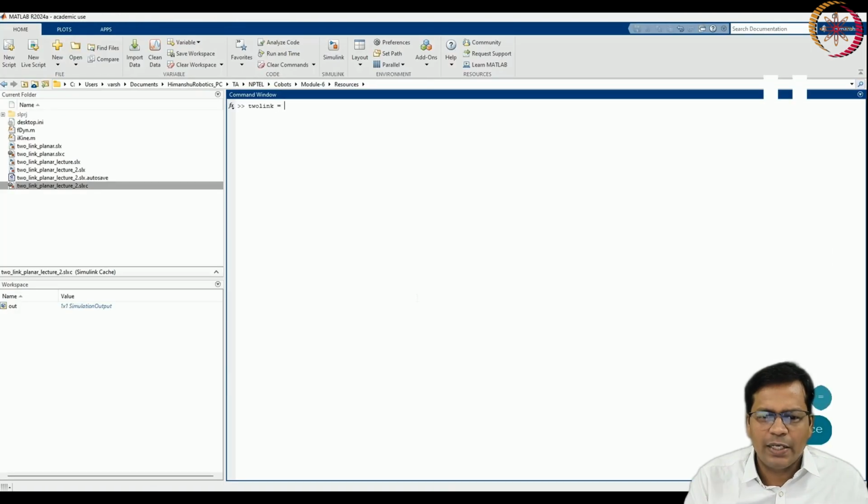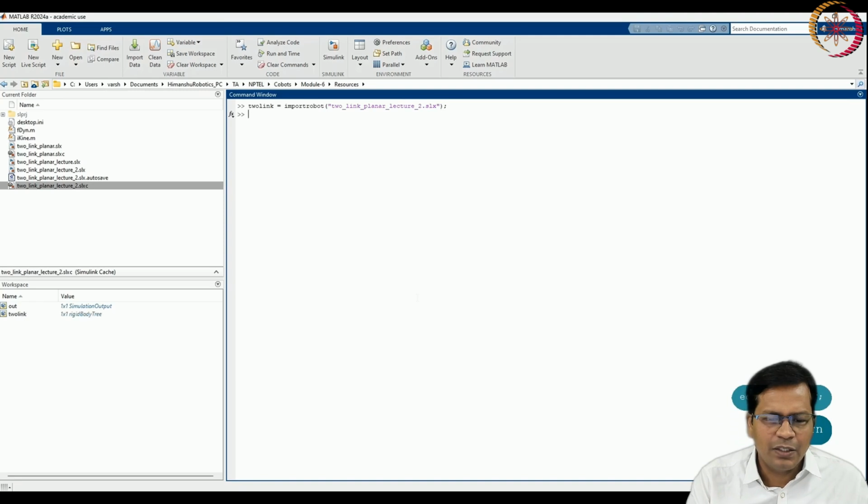So now I will import the system model and create an object out of it. This is required in order to use the Jacobian function block. So I will import the robot, and my simulation model for this is TwoLink planar for lecture 2.slx. So this is the complete name of the file, and enter it.